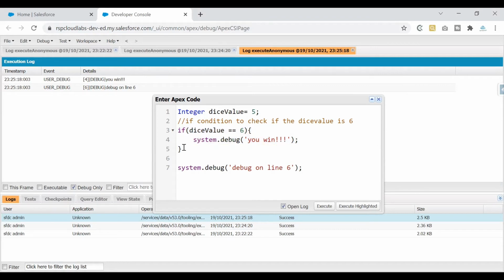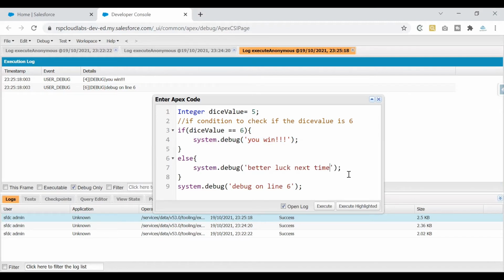So if you see here, I'll simply write else. This is the syntax of your else. Simply write else, start of your curly brace, end of your curly brace. Hit enter, and you can go ahead and write the logic that you want to execute in your else block. So if this condition is not true, and you want to convey to the user that maybe better luck next time, you can write it down here.